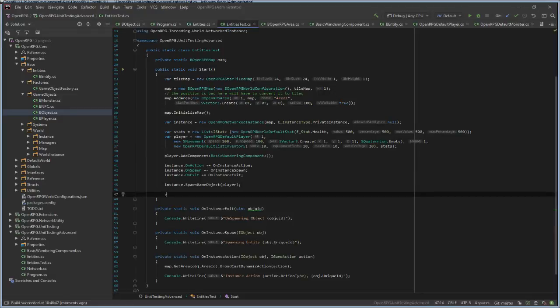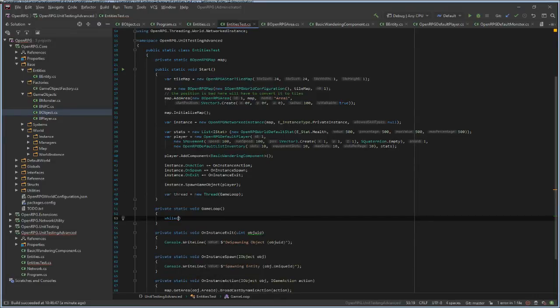Thread equals new thread. I'll just create a new thread, game loop, while true.